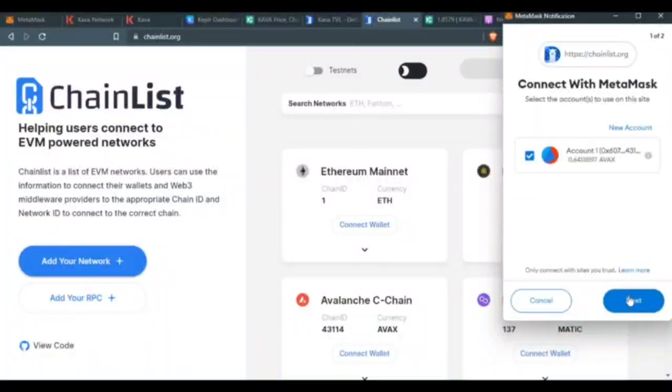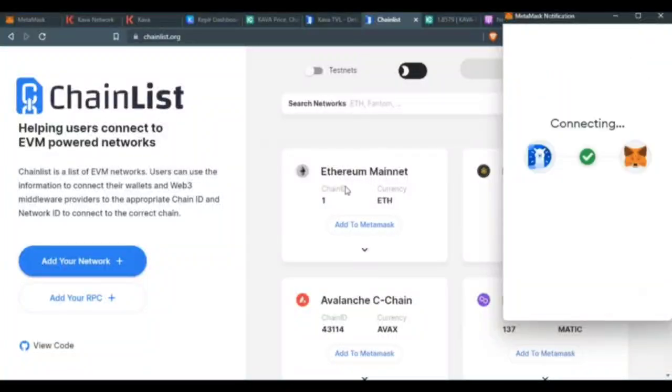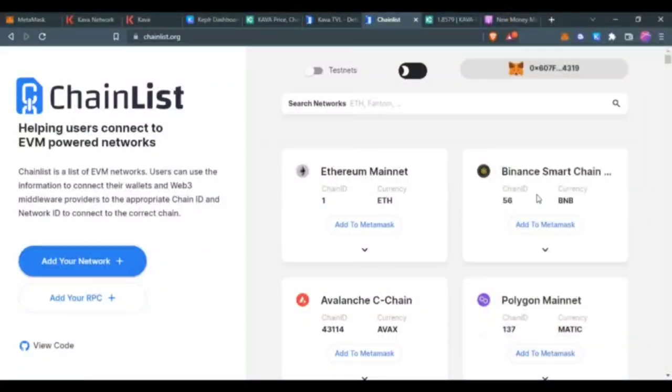An easier way to understand it is if we look at the ability to use the same decentralized application on three different networks, right? Or four different networks, we'll say. As an example, let's say you can use the decentralized exchange Uniswap on the Ethereum mainnet, Binance Smart Chain, Avalanche C-Chain, and the Polygon mainnet. The way you would look at it, this is just an easy childlike way to look at it, is as if Uniswap was a